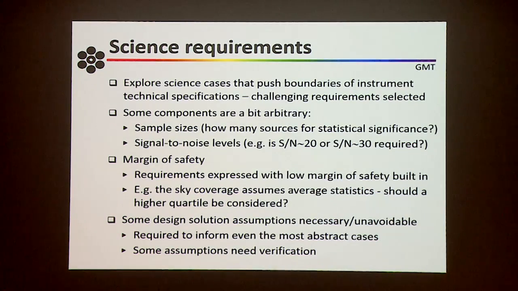So in deriving the science requirements, the goal here is to explore those science cases which actually push the boundaries of the instrument in terms of its technical specifications. So we're looking for things that challenge the requirements. Now these may or may not be the most exciting things you can do. They may be somewhat niche, they may be in some other way special, but they're important for defining the boundaries